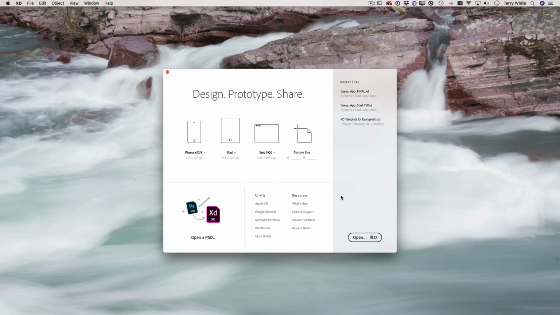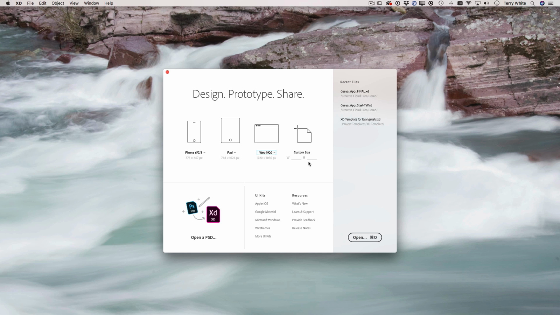So I've got XD open. Of course, it shows my recent files, which we're going to get to in a minute. But it also shows me some presets, some templates I can begin with. If I want to begin on mobile, I can choose the various iOS and Android devices. If I want to begin on tablets, I can choose those. If I'm building a prototype of a website, I get the most common sizes there. And of course, if I want to make my own custom size, no problem, just put it in. So if you're designing a UI or user experience for some device or new invention, this would be the place